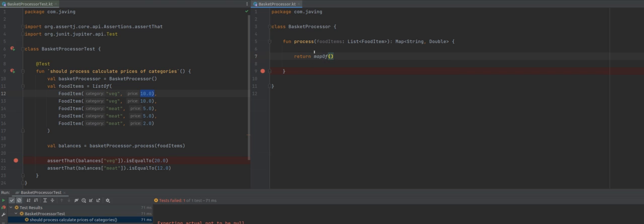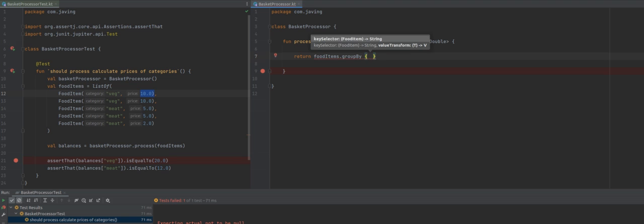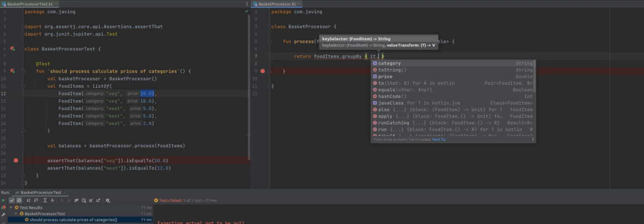So initially, when I was tackling this, I wanted to go fully functional. I don't like to have a mutable state. It wasn't allowed to have this mutable state. So I went right away with the group by function, and I grouped